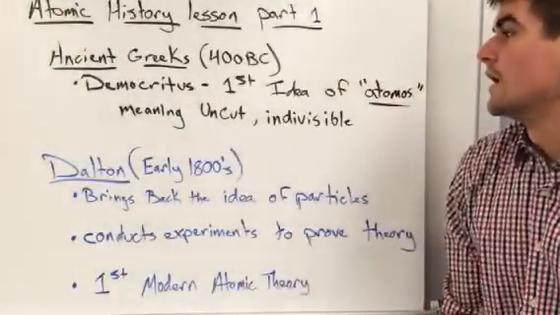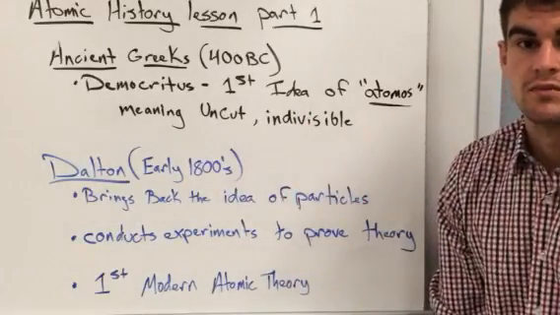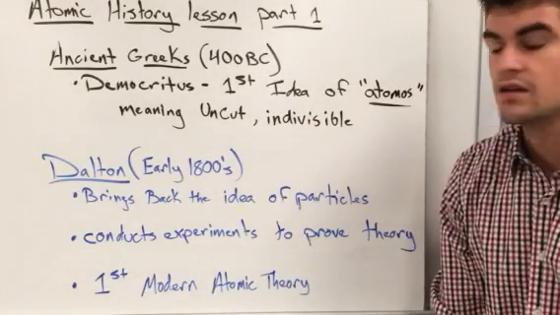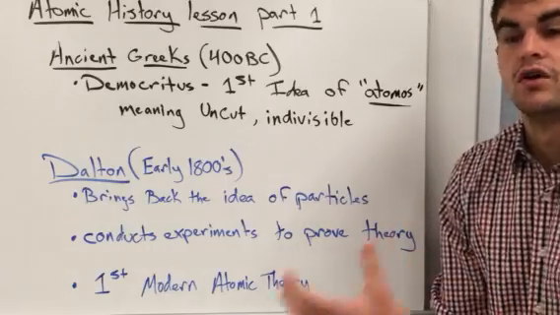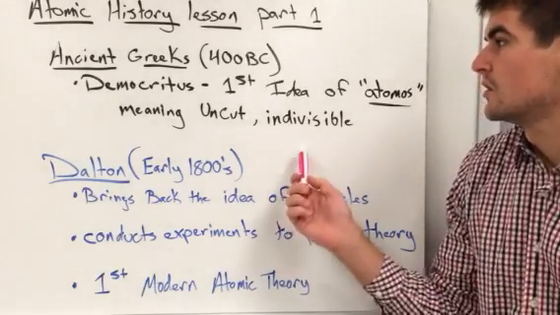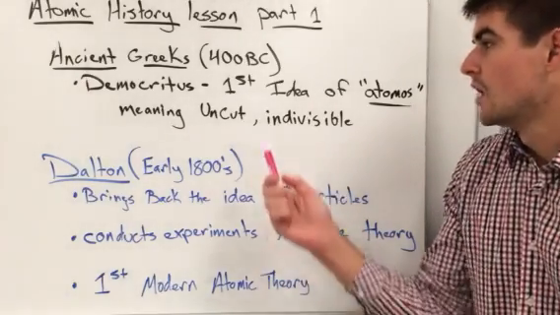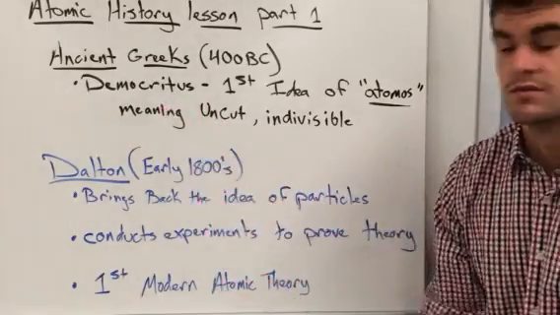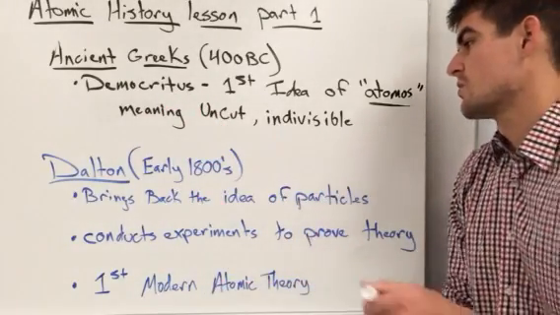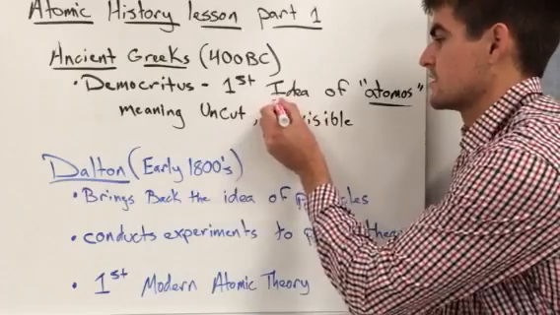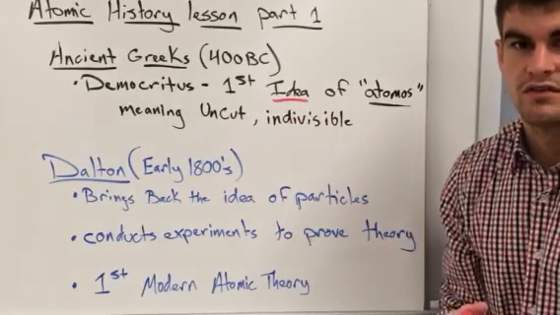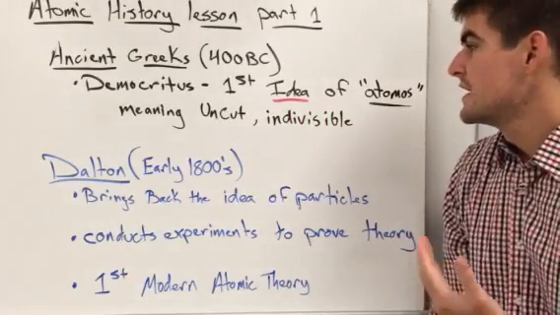Today, over kind of the history of the atom, going through this idea of this evolving structure. It all started back with the ancient Greeks. One guy in particular, Democritus, it was his idea, keyword there, idea. He was a Greek philosopher, so he had no scientific evidence to back this up, but his idea was that